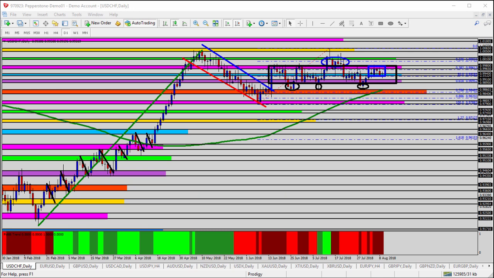Today we're taking a look at the USDCHF, the US dollar versus the Swiss franc, for today's trade analysis. A couple of different trends I want to point out here on the daily time frame. First is the uptrend on the left-hand side of the chart, the green trend line, not too hard to see. A significant uptrend, very little pullback within that trend. There are a few times down here towards the bottom where it pulled back, but finding support and moving back